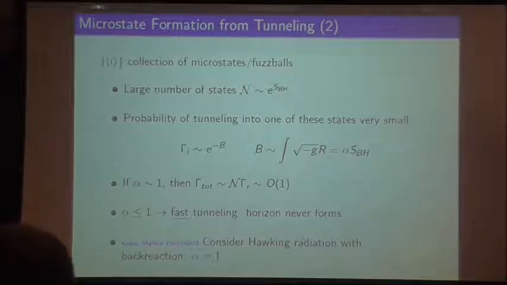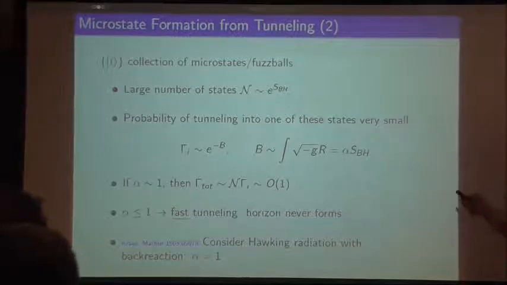So these are arguments by Mathur from a few years ago, and then Krause and Mathur gave another argument last year where they tried to calculate this exponent alpha. They considered Hawking radiation with back reaction and then extrapolated this result, and they said that, look, this naturally gives you alpha equals 1. So I think that's a very nice first step, a very nice piece of evidence, let's say, but I won't say it's a complete proof that this is going to be true, because they didn't really do this from first principles. They didn't calculate this gamma I for each microstate.